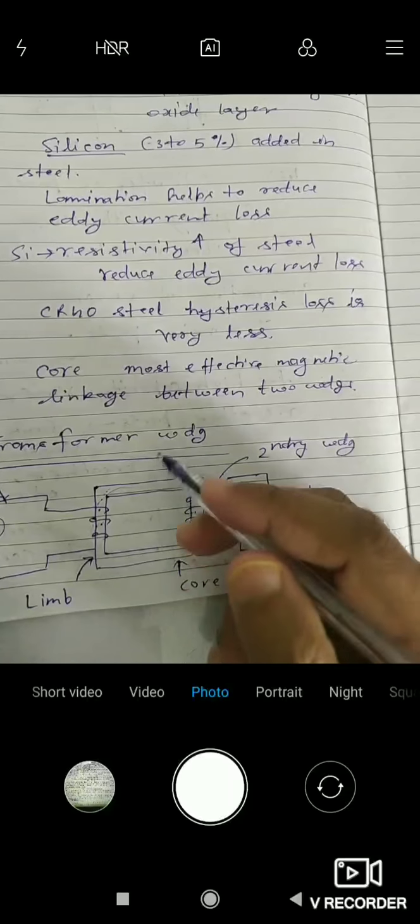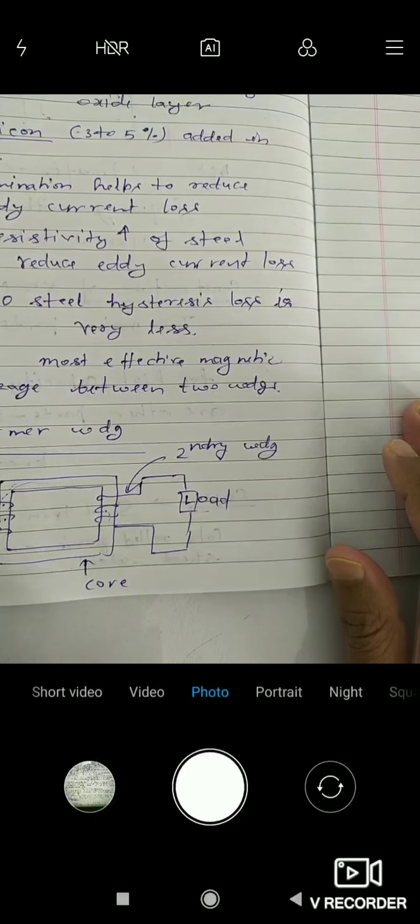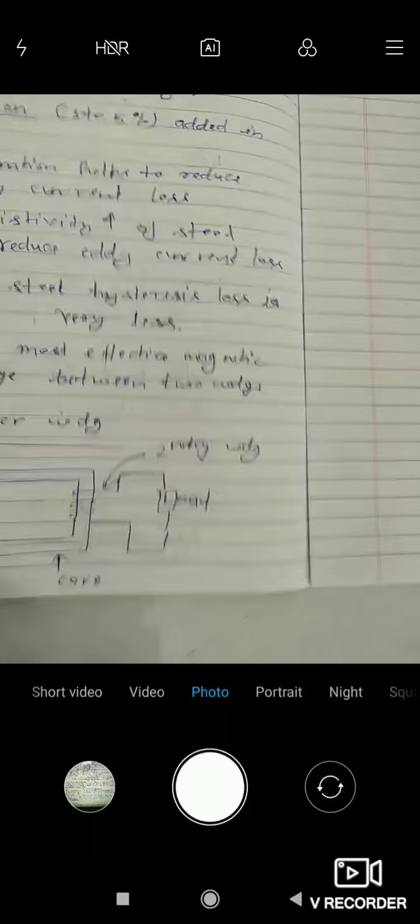So this is all about the construction of transformer. Now coming to type of transformer. So type of transformer